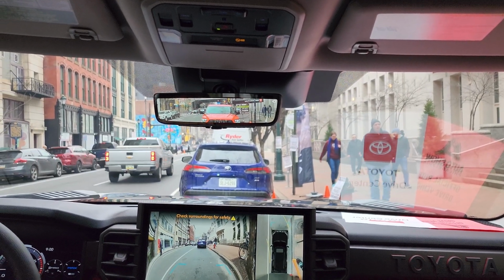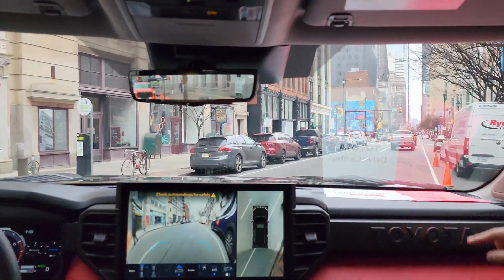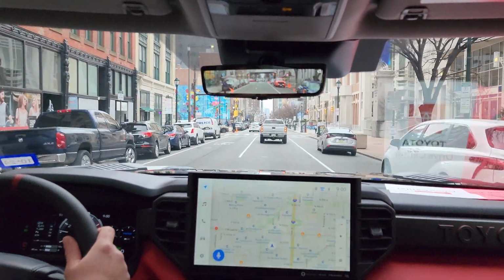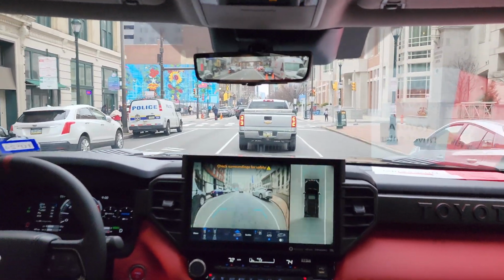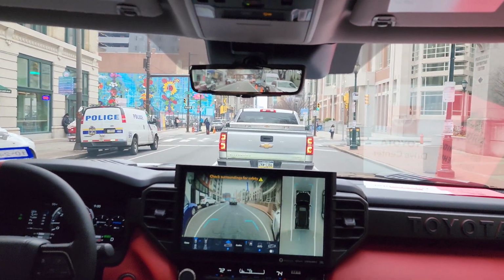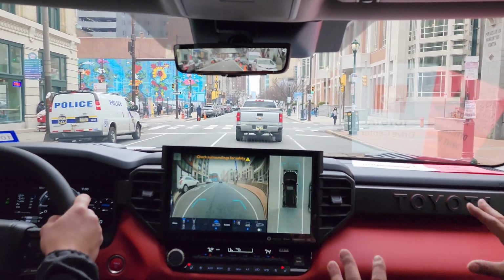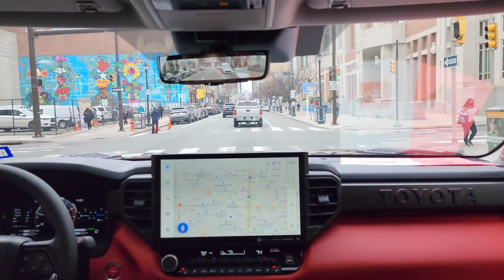So if you want to go ahead and merge out into traffic, we'll go to the second light, which is Broad, and we'll make a right turn there. Touchscreen navigation, as you can see, and we also have a bird's eye view camera, which is amazing. You can see if there's any kids, dogs around, any objects you may not have compensated for